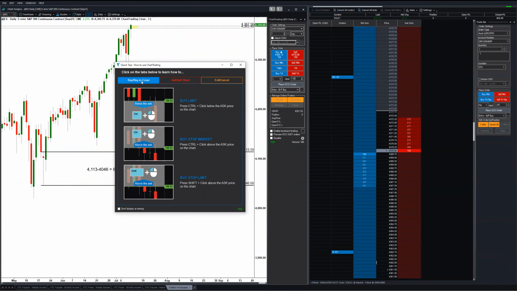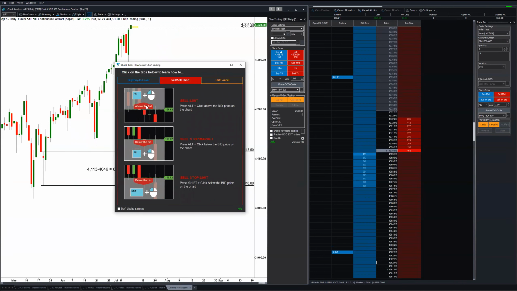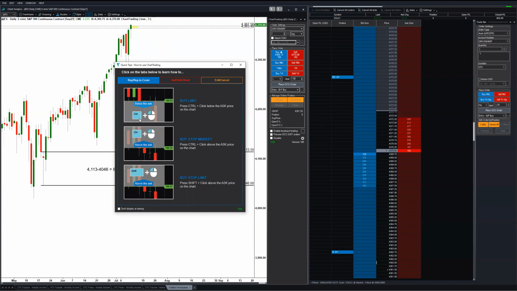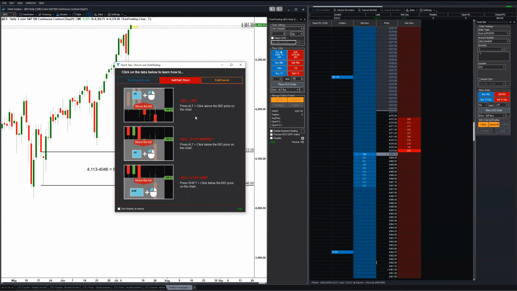So for longs, it's Control and the left mouse button, and for sell short it is Alt and the left mouse button, right? Very much straightforward. Control left mouse button, and for a short it is Alt and left mouse button. So if I now want to place an order,